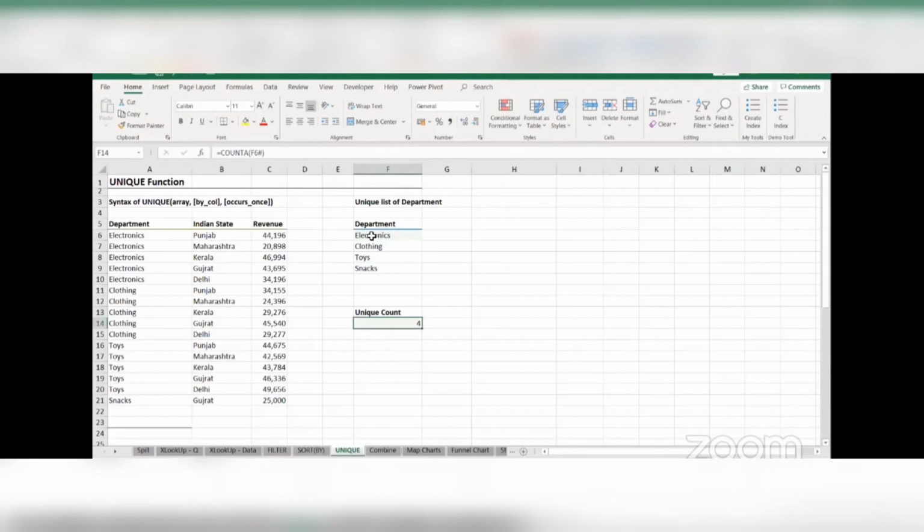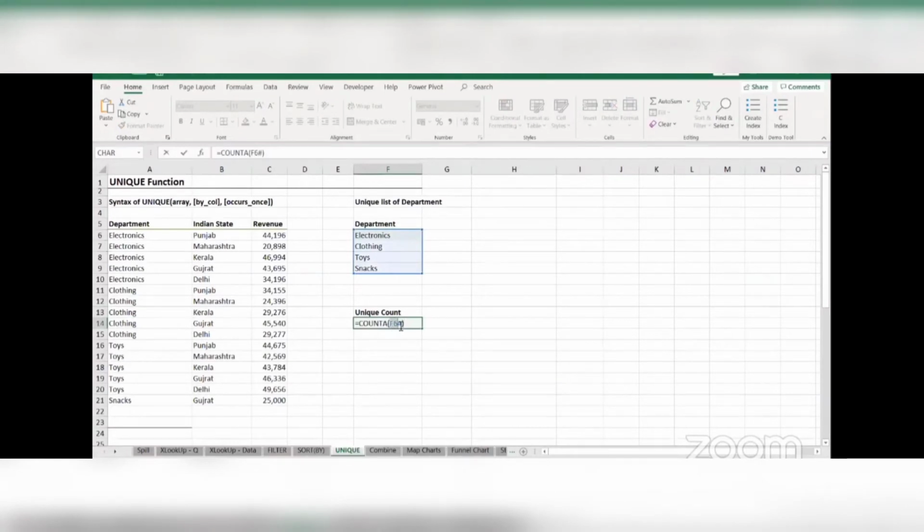If you don't want to have a reference being made to this data, what you can do is simply go to this cell and copy the unique formula. So I will copy it without the equal to, go to this cell, and instead of referring to F6 hashtag, notice again we have the hashtag here. So if the data expands, if I have more things here, this count will also expand. So if I have, let's say, instead of clothing we have ABC, here we have ABC, and the count will change from 4 to 5. All right, so let me just change it back to the normal answer. Notice that as well. It's a dynamic array that is being referred.